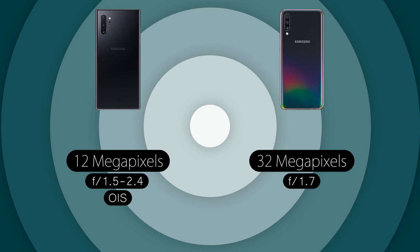And as for the detail, clearly the Note 10 will have more detail compared to the A70. In low light, the A70 does not produce dim pictures, but the detail will be lower and noise will be higher than the Note 10, while both phones will have the long exposure night mode, which improves dynamic range and